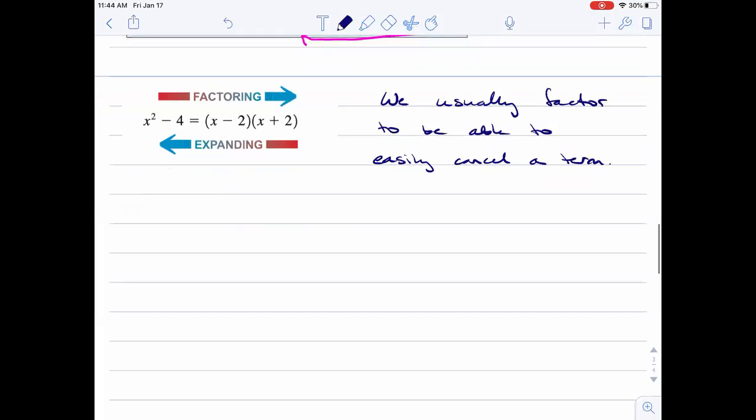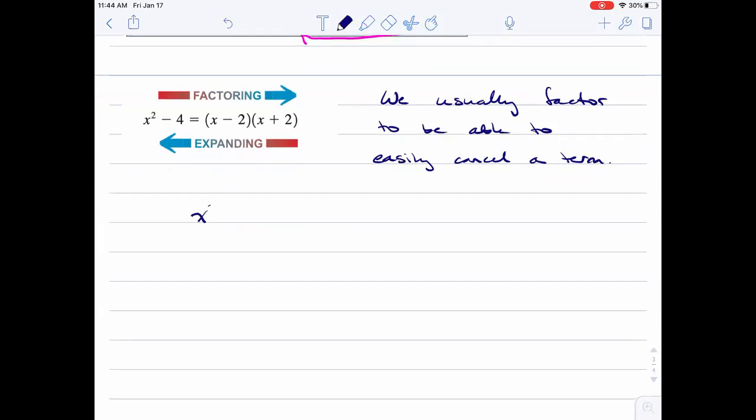So in this example, if I had x squared minus 4 divided by x minus 2,